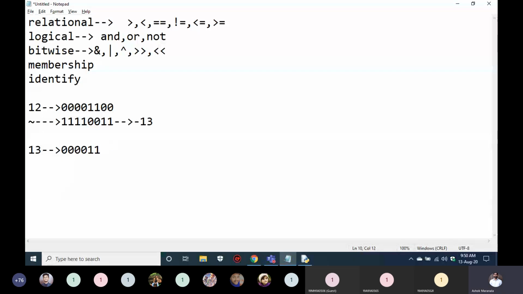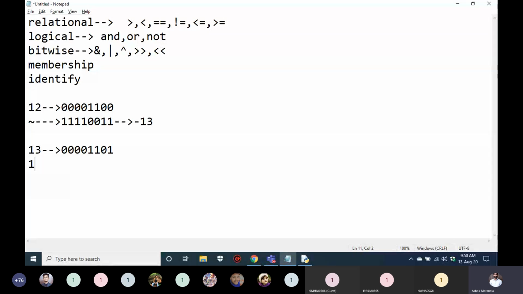I hope this is 13, right? 0 0 0 in 8-bit. 8 plus 4 is 12 plus 1 is 13. Yes. Okay, so generally we have a formula called 2's complement. If you do any 2's complement, you will get a negative number. If you apply 2's complement, you will get a negative number. Generally we don't have a formula for 2's complement directly.